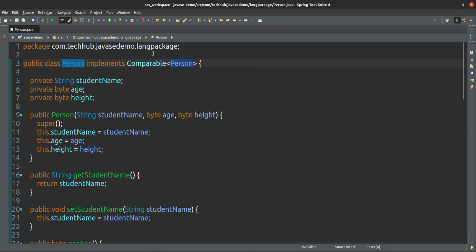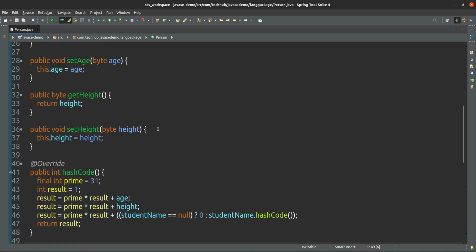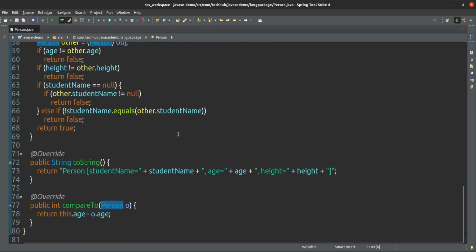So here I want to compare Person, so I can give Person. If it is a student, I can give Student. Employee, I can give Employee. Okay, so I want to compare Student, that's why it is Student. Generally it will be the same, because we can only compare objects of the same type. And if we have given the object Person, then it will come as Person by default. This is the meaning of generic.